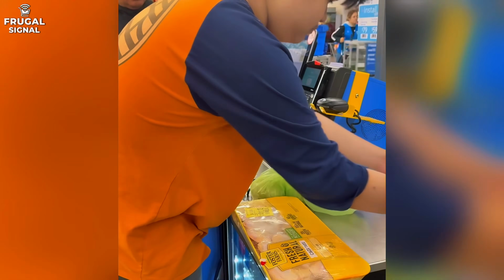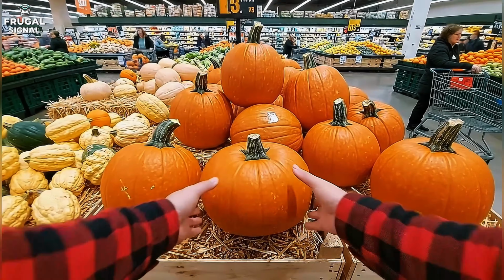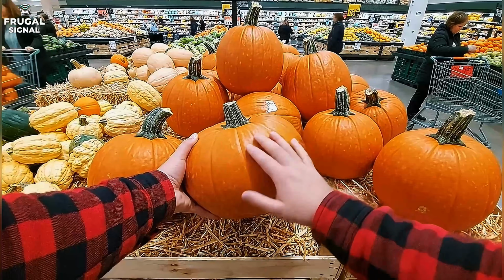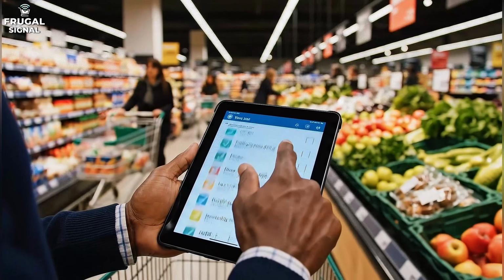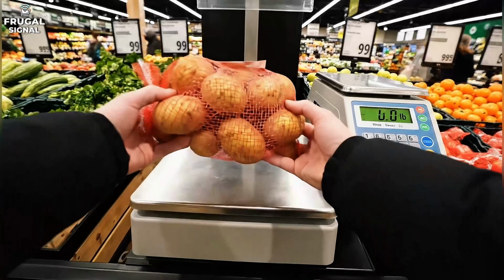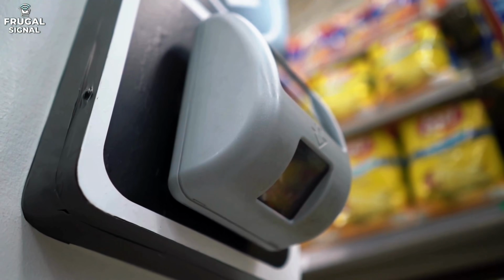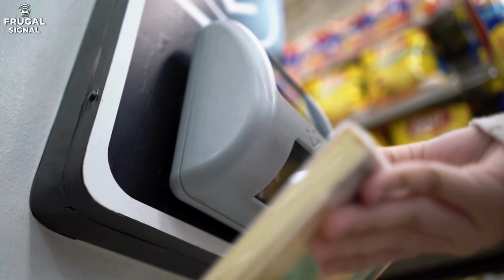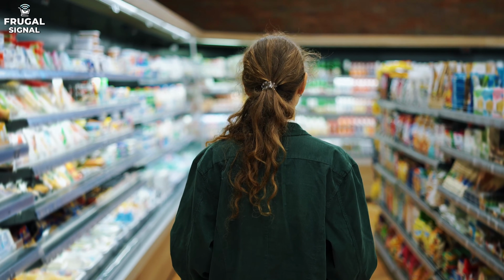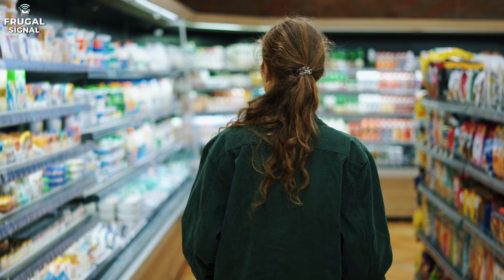The vast majority of these false alarms stem from entirely ordinary situations. A pumpkin or a bundle of produce that doesn't have a pre-printed barcode requires you to look up a 4-digit PLU code on the screen. Just a single wrong keystroke, and the system treats it as an unpaid item. A case of bottled water placed on the bagging scale before the machine registers the weight, or a reusable tote bag brought from home set down a split second too early